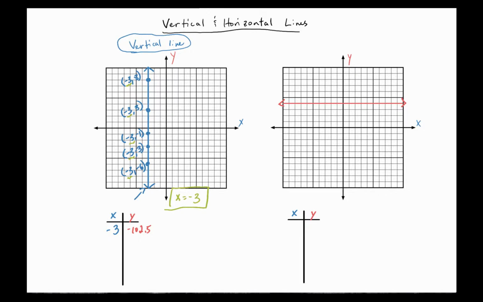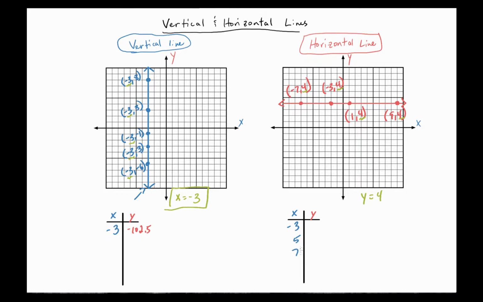Horizontal lines end up being pretty similar. So we'll do the same thing and look at a few points on that line. In this case, it becomes pretty obvious that the y values are not changing. Similar to the previous example, y is always going to be equal to 4, and so we can pick any x value that we'd like,